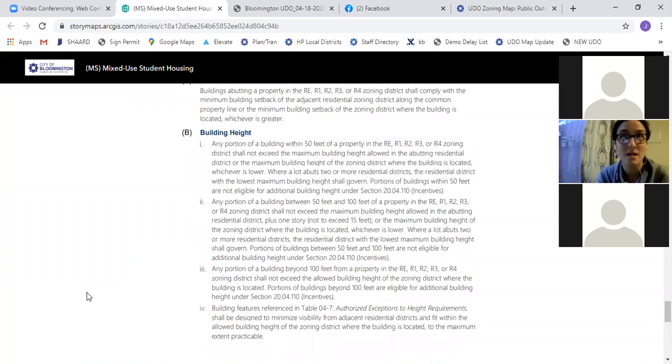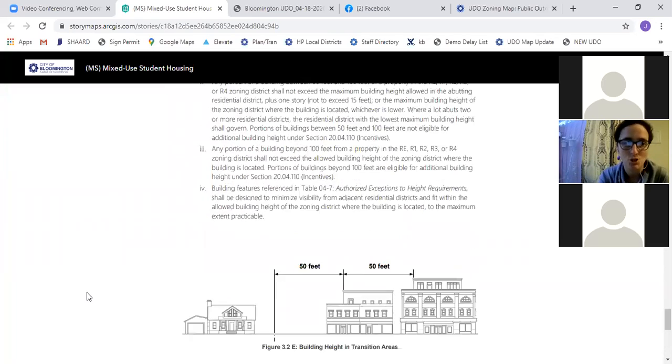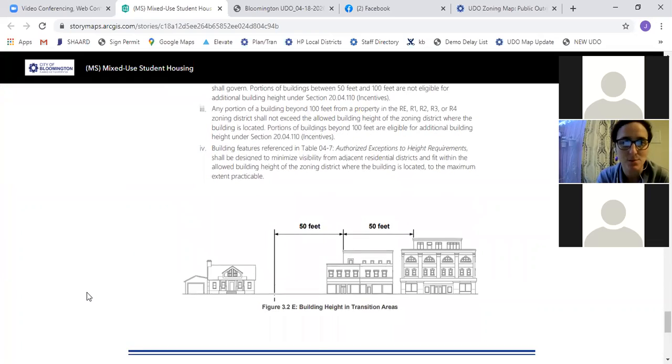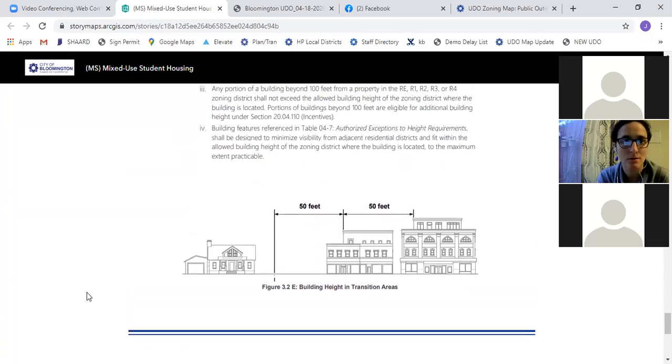So you may not get the height that mixed use student housing allows at the 3rd and Jordan node if it were to be rezoned that way. All the way around the node, those along the edge may not be able to have the height that would be allowed. But they would be able to, again, incorporate that use of student housing to be able to have units with more bedrooms, which immediately close to campus is probably the best location for those.